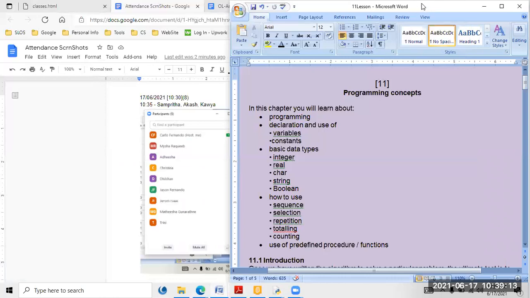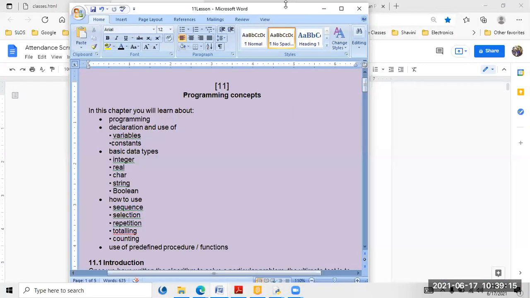Python programming for Cambridge O-level computer science. So chapter 11 is programming concepts. In this chapter, you will learn about programming, declaration and use of variables, constants, basic data types, the things that